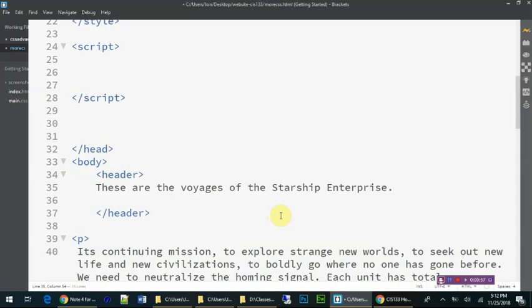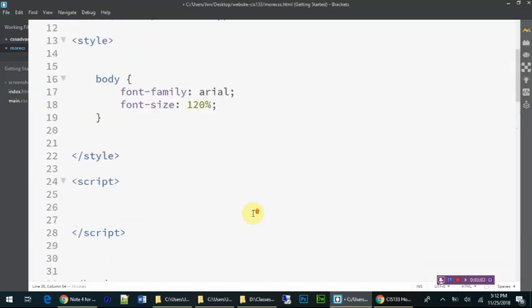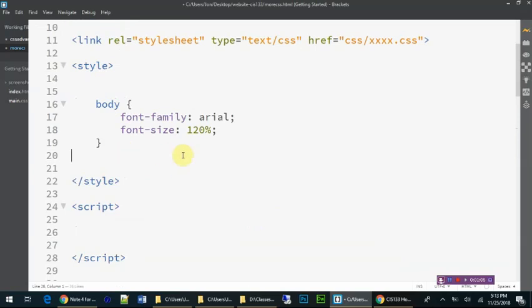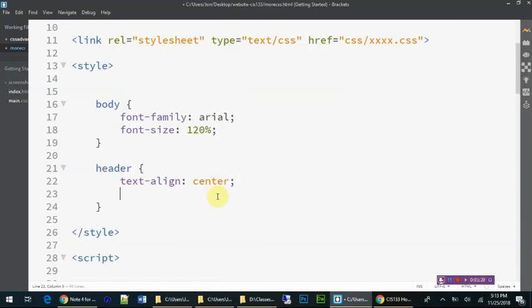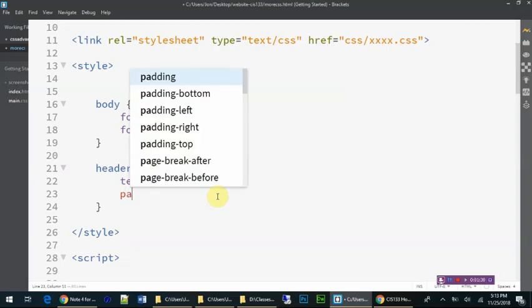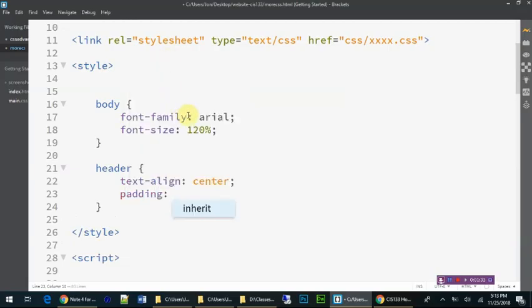Now, one of the problems with the header is it gets rid of some of the padding and it's right up against the side. So I'm going to come over here and add a header. Now don't confuse this with the head section. That's an easy mistake to make. Header is just like a title section of your website. Well, first of all I'm going to do a text align center, just like we did before, semicolon, and then I'm going to put some padding, and I'm going to put 10px,